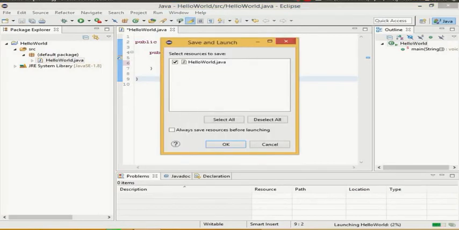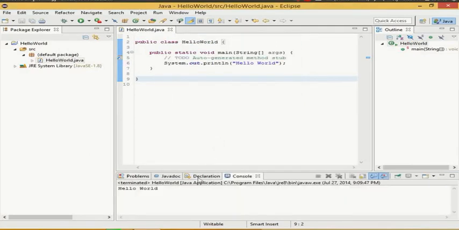and for the first time when you compile your program, it will ask for this one. Just select this HelloWorld.java file which we have created and click OK, and now you will be able to see hello world here. Okay, so this is the console where all your output will be printed if you want to print any output. So just see here, and